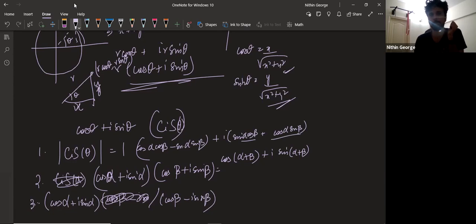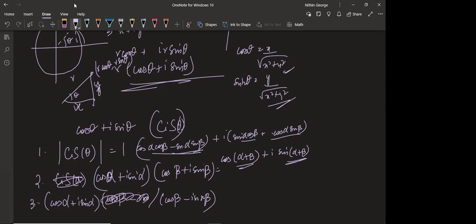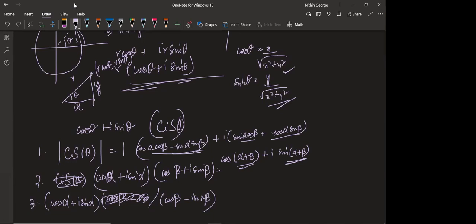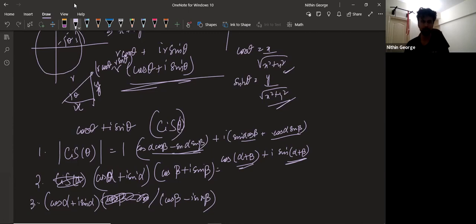This is sin A cos B plus cos A sin B, which is sin A plus B. And cos A cos B minus sin A sin B, which is cos A plus B. Sorry, you forgot to simplify the sin alpha plus beta. Okay. So there are 4 terms in the expansion. I'm putting pressure on you so that you make mistakes and you start noticing what kind of mistakes you make. It's a good thing you made a mistake. Once you notice the type of mistakes, be a little more aware next time. That's how you improve.